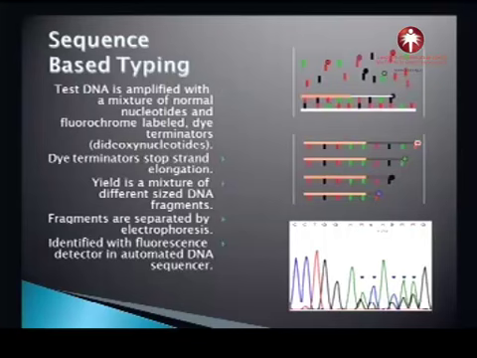The last technology is sequence-based typing, which is mainly used for highly polymorphic HLA class 1 loci like A and B. And what we do in the sequence-based typing is we purify the DNA and add it to a mixture of different nucleotides. After denaturation, if positive, we'll have a group of fluorescent labeled